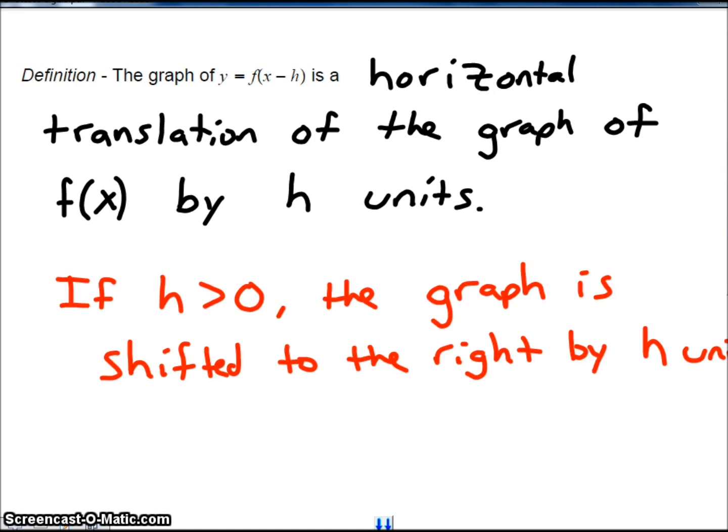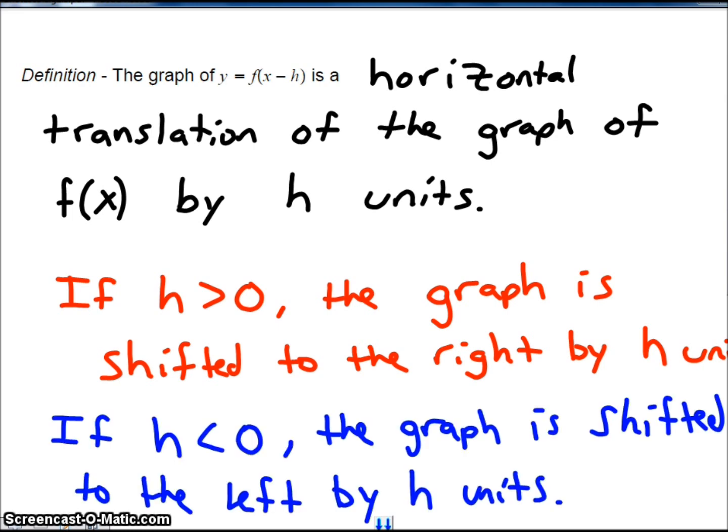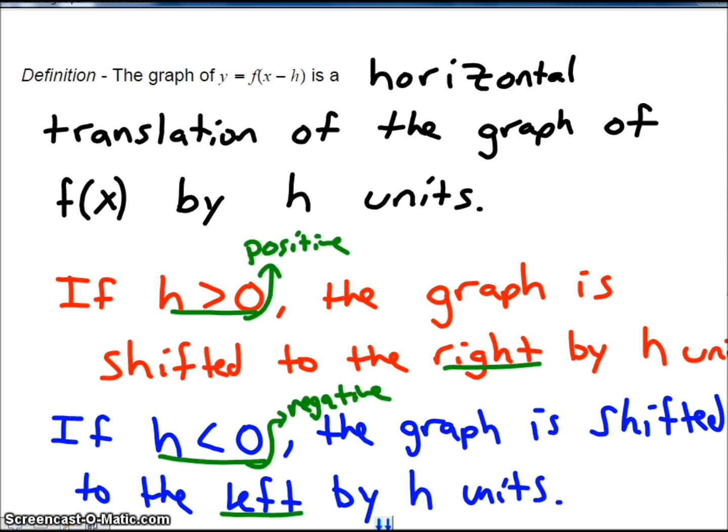Just like in the previous case, if h is greater than 0, the graph will be shifted in the positive direction. It'll be shifted to the right by h units. And if h is less than 0, the graph is shifted to the left by h units. I should have mentioned at the beginning that horizontal means left or right. So as I mentioned a moment ago, if h is positive, we shift it to the right, which is the positive direction on the x-axis. If h is negative, it gets shifted to the left. So it's the same as with k, except that the trick with this one is that